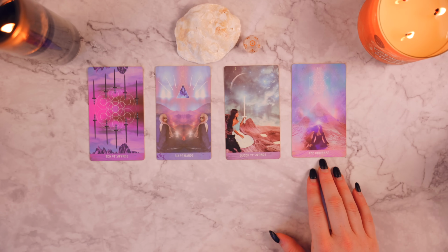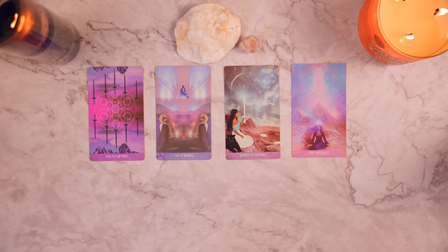Now, we also have the Universe card here for you, which is specific to this deck. And I don't think I have the book for this deck around me. I wonder if...